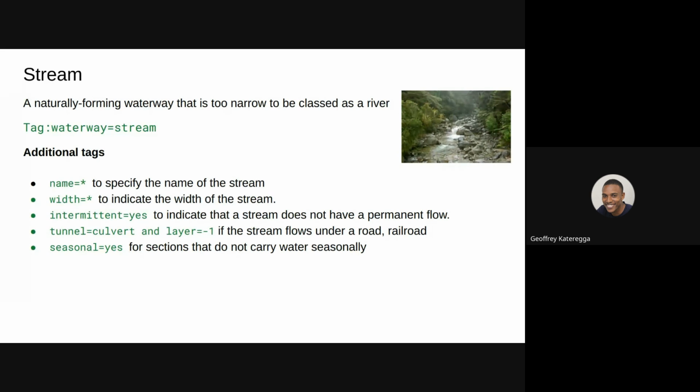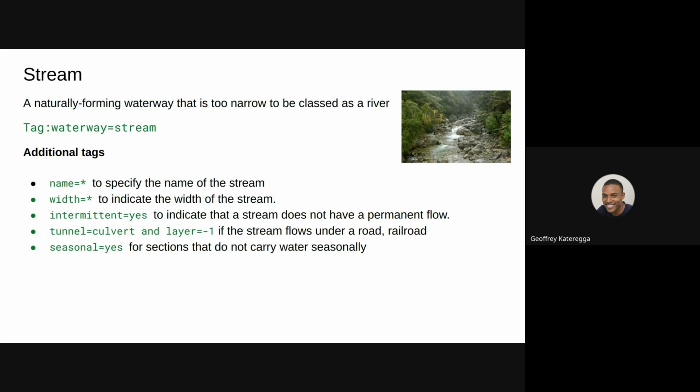The tag that we use for streams is waterway=stream. But we also have some additional tags that can be used on these waterways. Even for rivers, we always need to specify the name using the name tag. We can also specify the width, and whether it is a permanent stream or river, using the intermittent tag. If intermittent is yes, that means that section is seasonal.